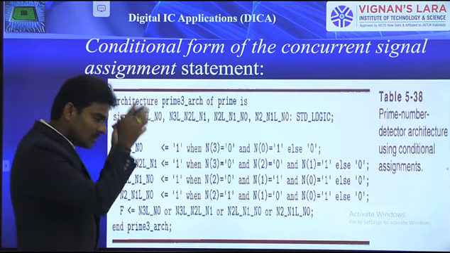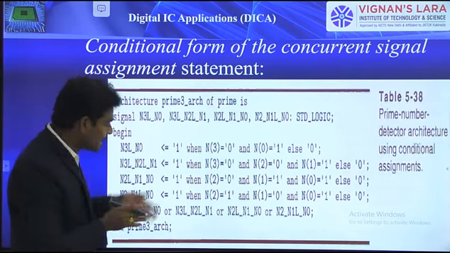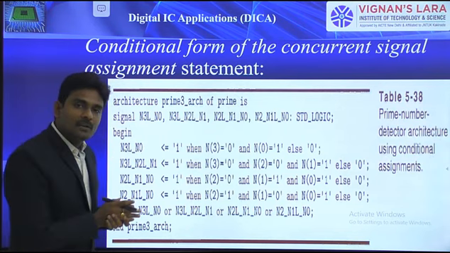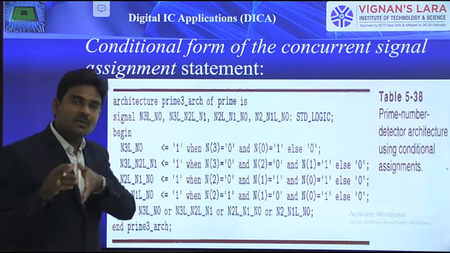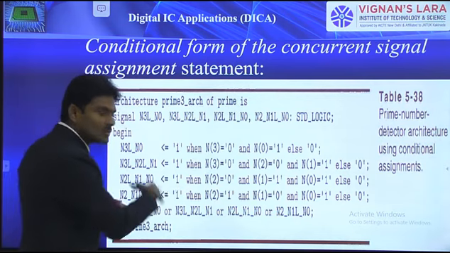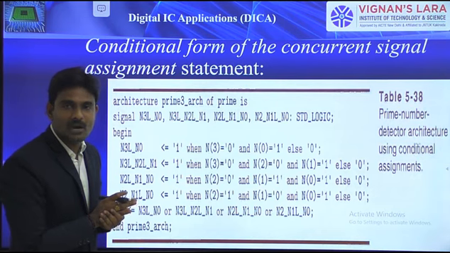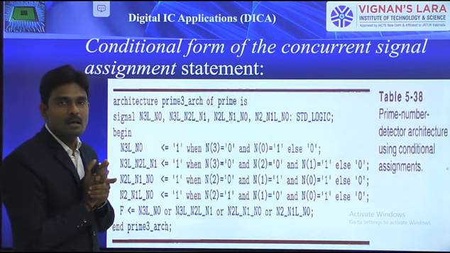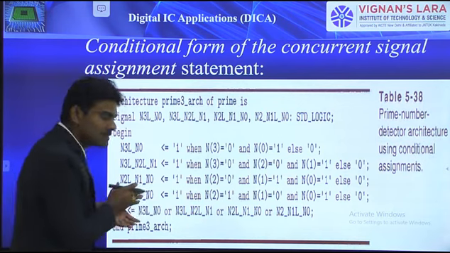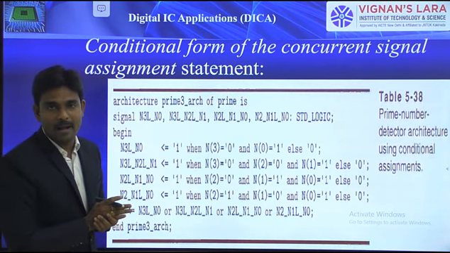In addition to these 5, the inverters' inputs and outputs also have to be mentioned within the concurrent statements. Otherwise, if you start at the second level, that is the AND gates, these 5 concurrent statements are required. Else, if you consider the last level, that is the output of the 4 input OR gate, using a single concurrent statement you can describe the whole functionality of the prime number detector. Anyway, here we considered the second level, and this is how the program is represented.